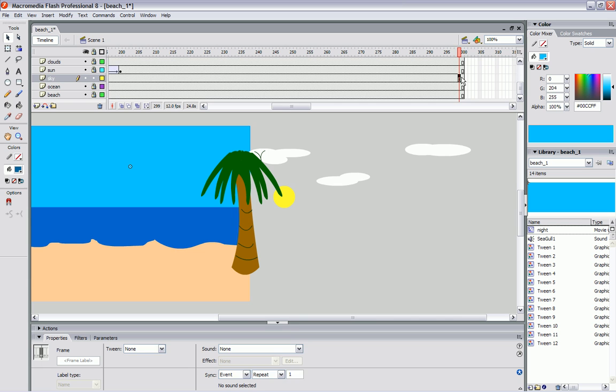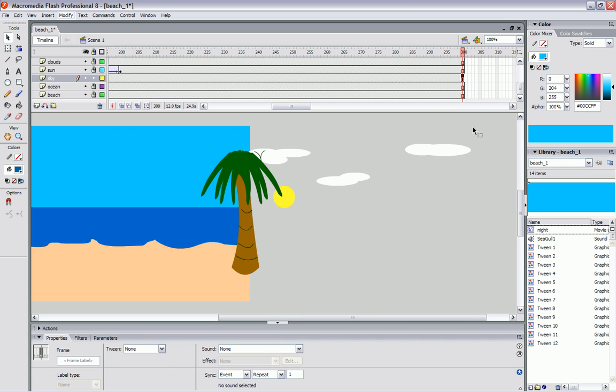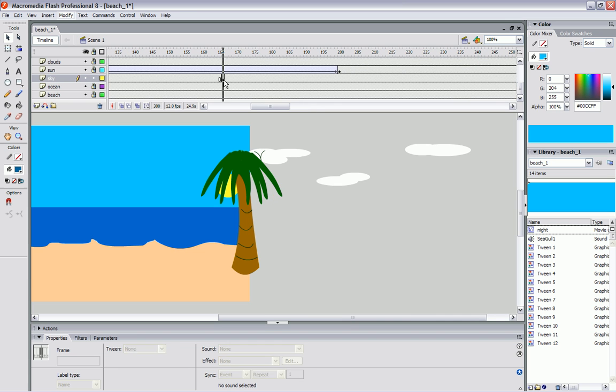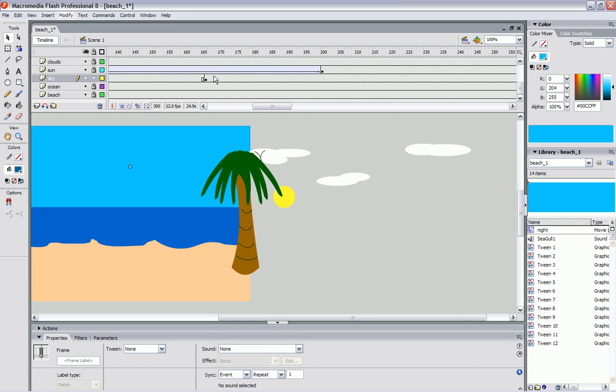And I come back here, and you'll notice that I need to group. I need to make this, actually I'm going to delete this clear keyframe, and I'm going to come back in here. Here's my instance again of this keyframe right there. And I'm going to come back here and insert blank keyframe again. So what I have is this keyframe here,